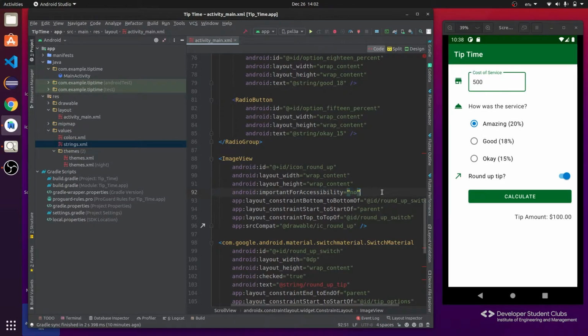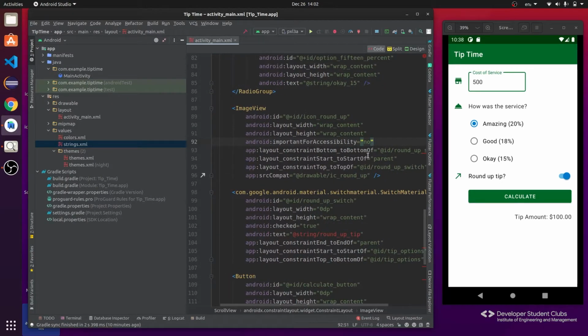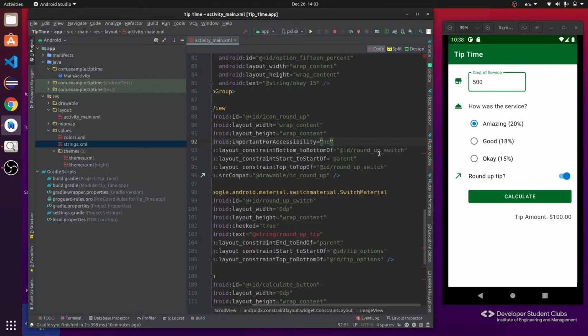And let's move forward. Constraint bottom. So bottom is to the bottom of switch. So there's this switch. What we have done is that to align this text or this icon all in the same line, we have constrained the bottom and top of each of them to each other.